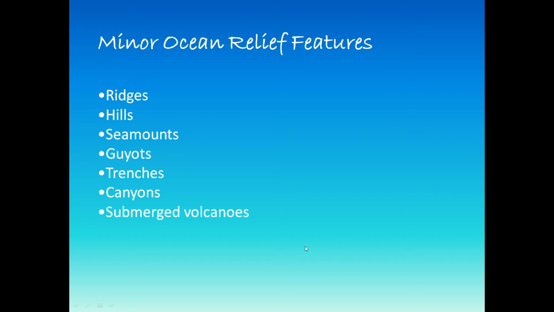Inside the oceans, we have small ridges. Ridges are small mountain chains, and then there are small hills. A ridge will be a continuous chain of mountains, but hills are smaller and independent, and they're wave-like. If there is folding on the land and a wave-like feature is formed on the surface, that will be like hills. So ridges will be bigger, more continuous and longer, while hills are smaller in height.